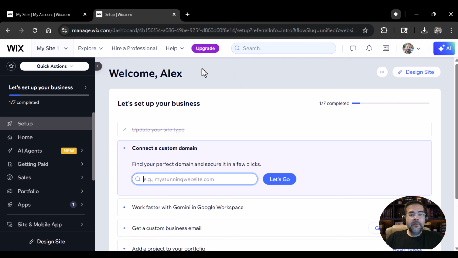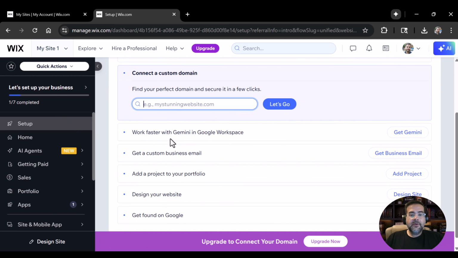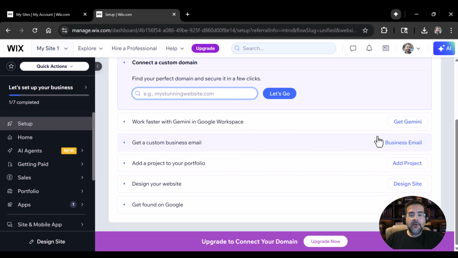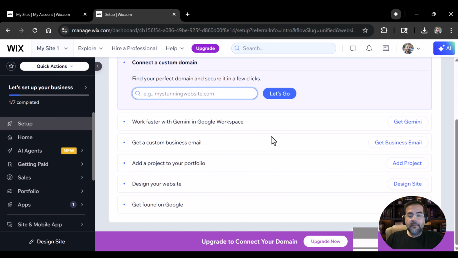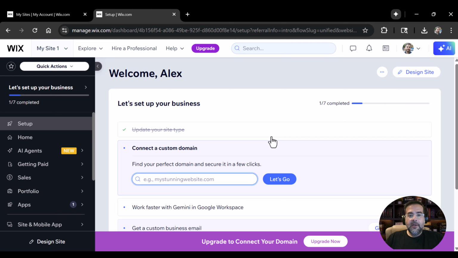All right, so here we go. Welcome to essentially the first thing. Find your perfect domain, design your website, all that stuff. Now, I'm going to say let's skip this, because I don't think you necessarily need to buy one right now, or really ever. And so if we go straight to design site, and we open up our site here,